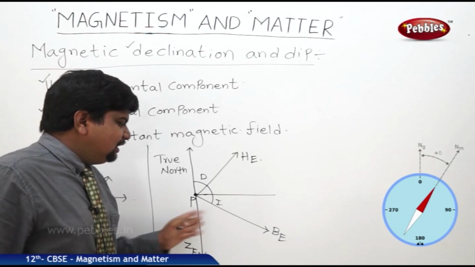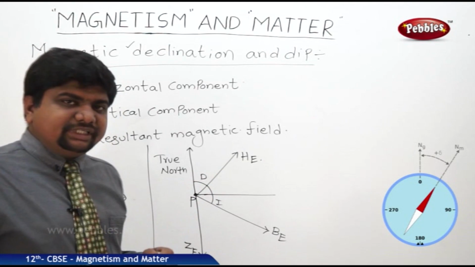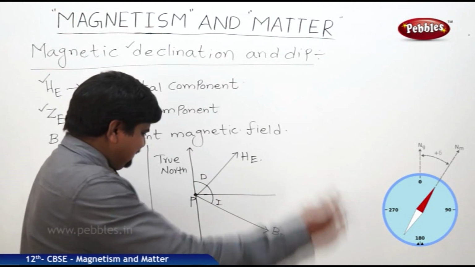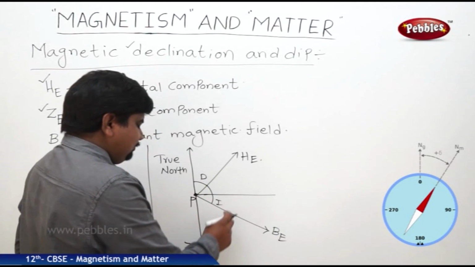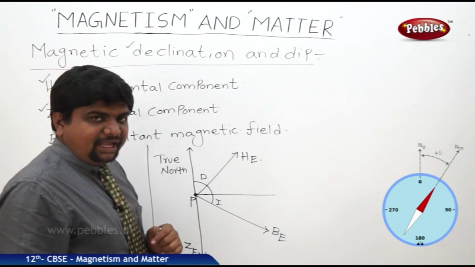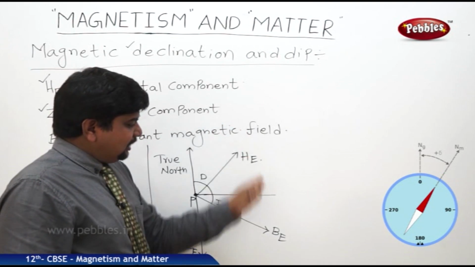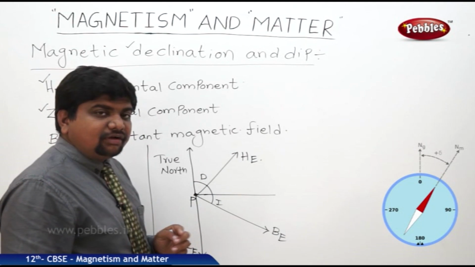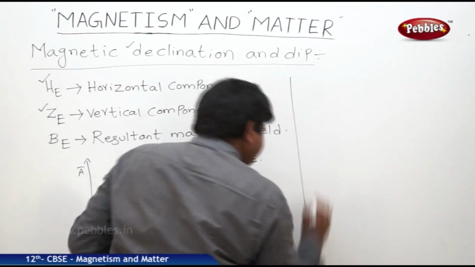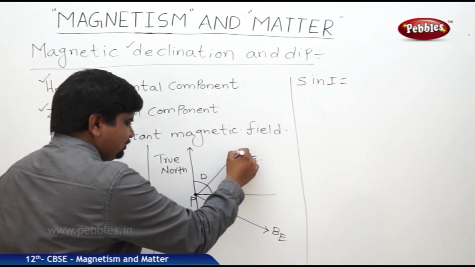So if you want to find out the total magnetic field of the earth with respect to this HE and ZE, we should do the vector calculation. In this case of vector calculation, so what we can understand is, if you see this one, sin I is equal to ZE by BE, cos I is equal to HE by BE. So HE is equal to BE cos I, ZE is equal to BE sin I. So if you calculate those things, we will get the vector component of the Earth's magnetic field in terms of tan. So from this diagram,